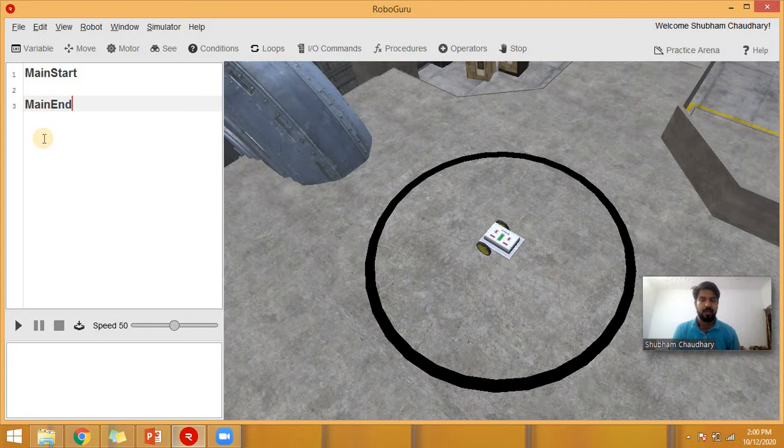Okay, just to give you the first rule, we'll be discussing these rules again and again. It's important that you write this main start and main end. Usually it will come in front of you when you run your program, but if it's not there, suppose I remove this main start and main end, you can write them back.